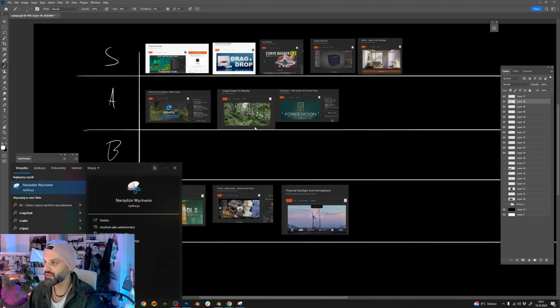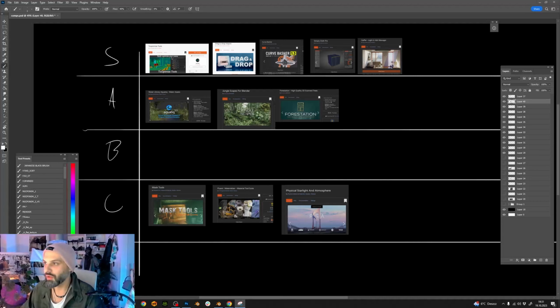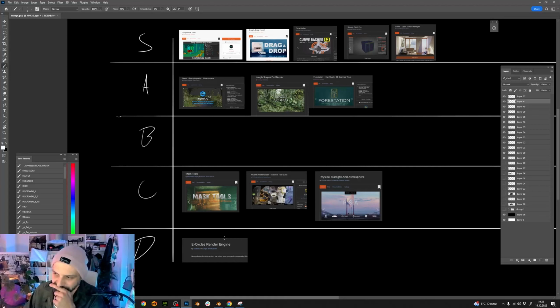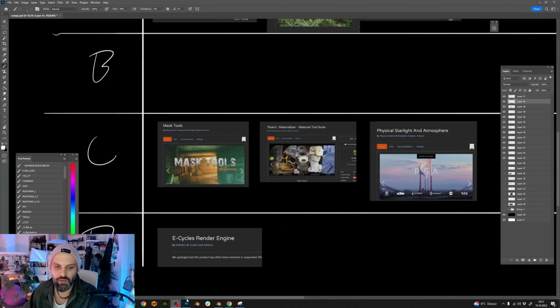So, any other engines that are not supported by Blender, I don't want to say supported by Blender, but that are using some different solutions, maybe differently. So I've tried a bunch of E-Cycles. I haven't tried K-Cycles